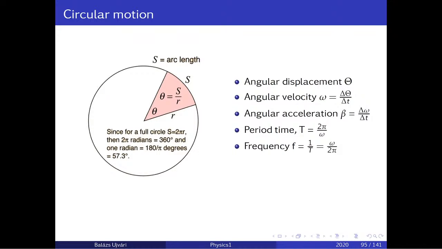Do you see the mouse? Oh, finally. All right. So,